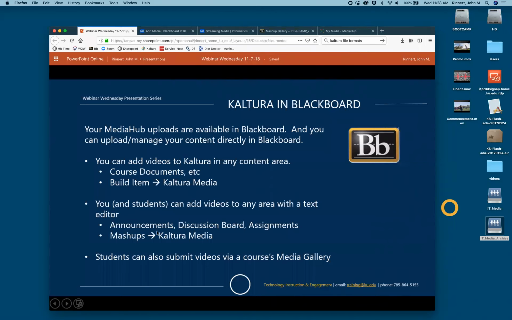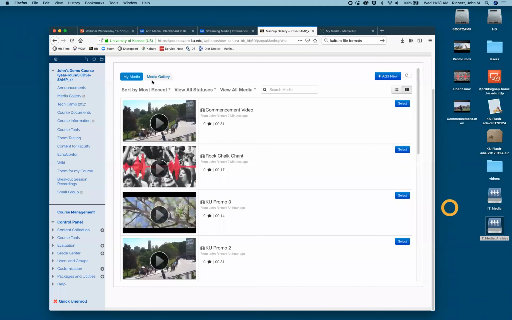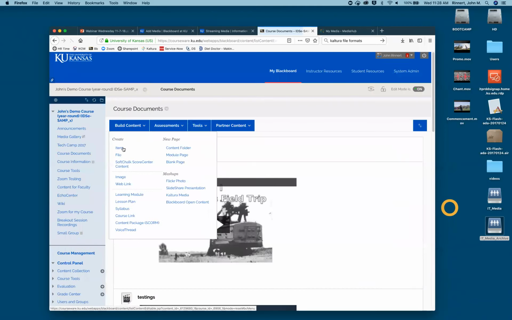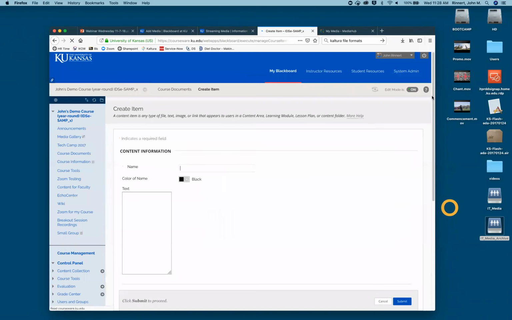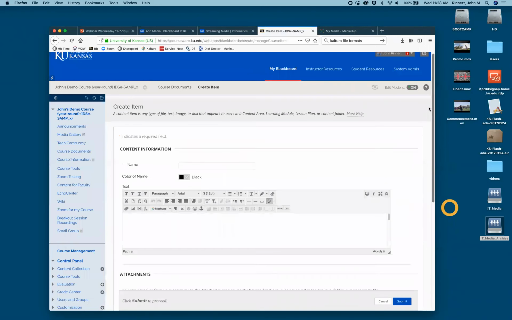And an interesting thing, and I'd be happy to dive deeper into this in just a few minutes, is that anywhere with the text editor, I'll show you where that is here. If I go to build content, I'm just going to add an item and not a video this time.